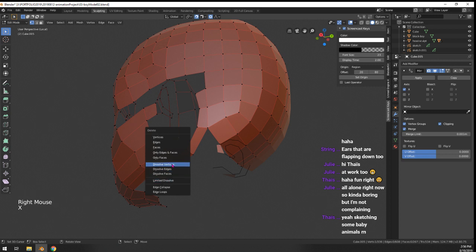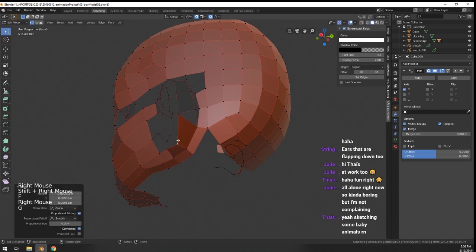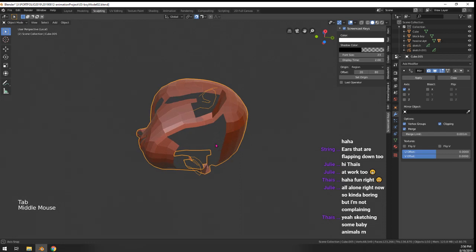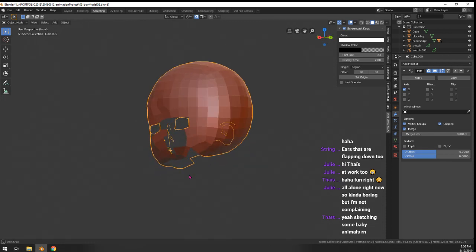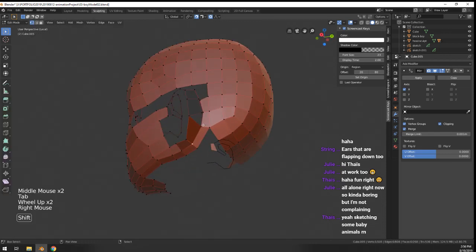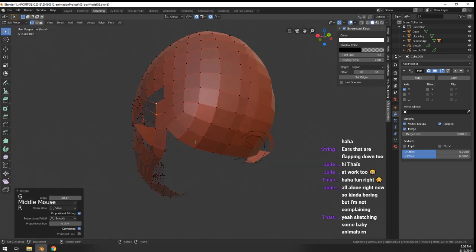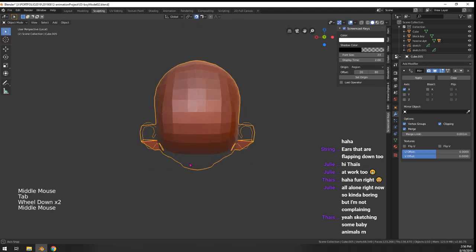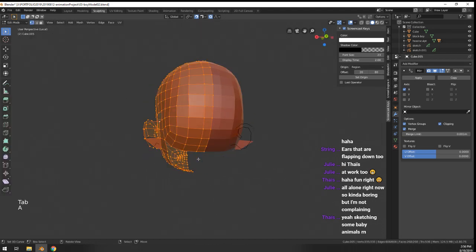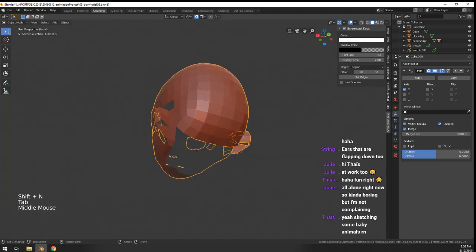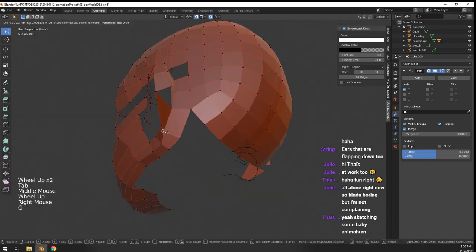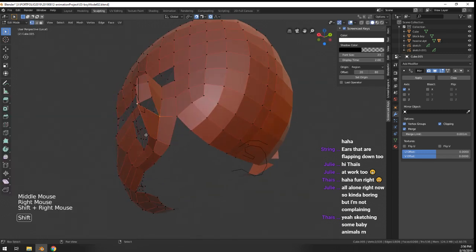Actually, if you dissolve this, I'm just going to do something cheeky here. Does that make sense? Oof. If I pull these a little bit more to here, it kind of makes sense, like we have some hair to cover that up. Also, I want to do this. So no, we're not going to do this because